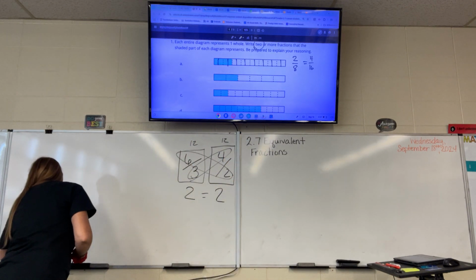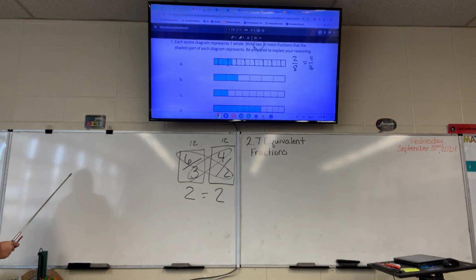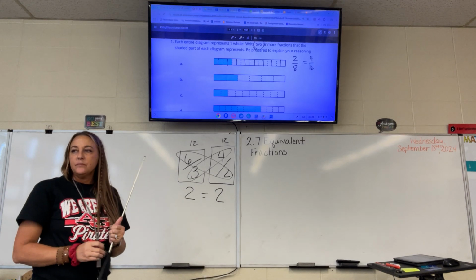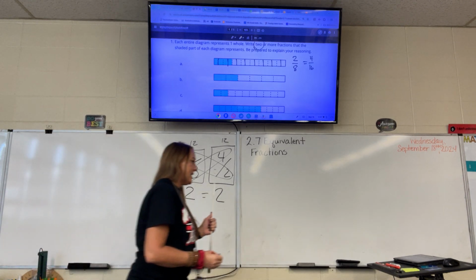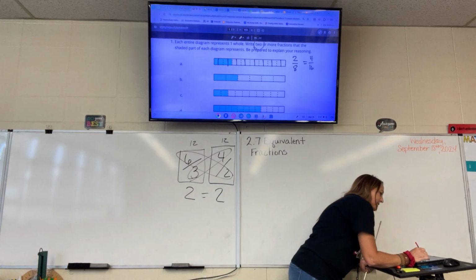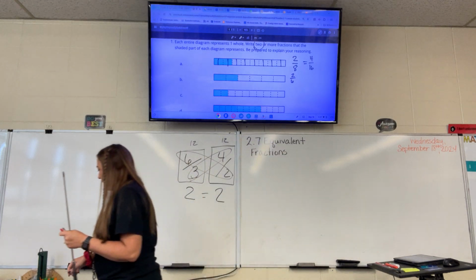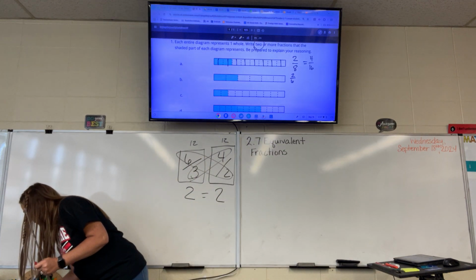Okay, next fraction. Tell me what's shaded on that one, Fisher. 4 6. Look at it again. On B? 2 6. 2 6, yes. 2 6. And now we can do what we did before by splitting them all, but